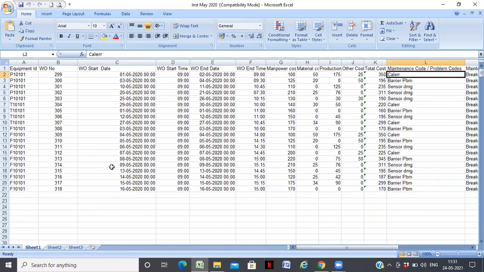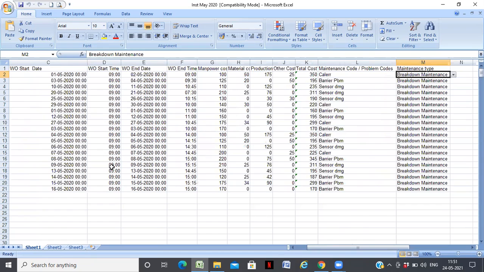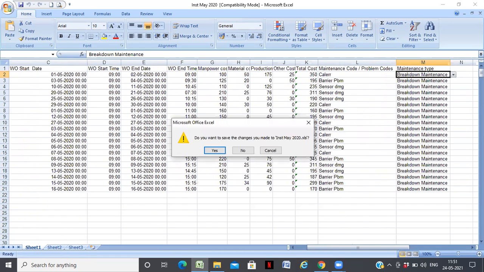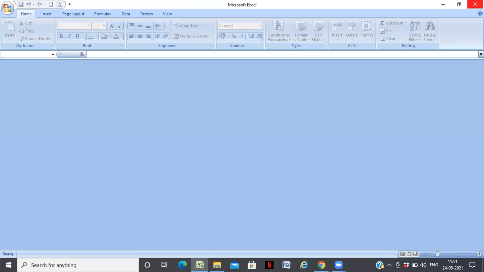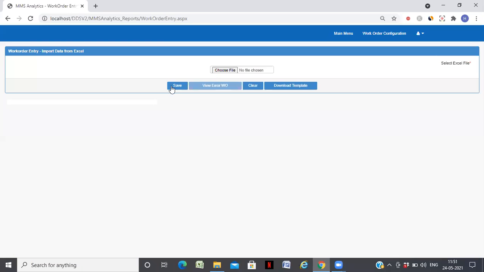And when you close a work order, you will also know the problem code or the reasons for which the work order was taken. So we have a problem code for each of the work orders which we issue. And lastly, you also have the type of maintenance, whether it's breakdown maintenance, shutdown maintenance, preventive maintenance, or whatever it is. So this data, once you have it from the existing system, we can just upload it into our system.